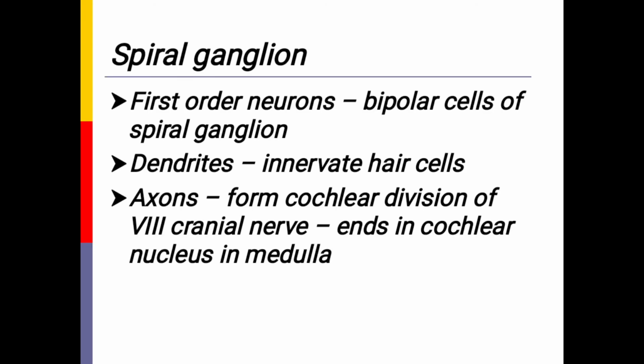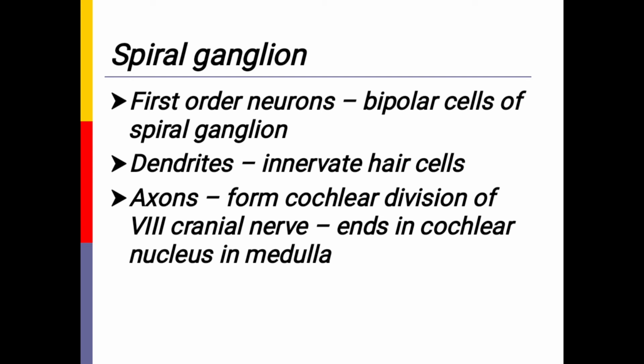Each nerve fiber forms a synapse with only one hair cell, but a single hair cell can receive synaptic connections from 8 to 30 nerve fibers. The inner hair cells constitute only 15 to 20% of the hair cells, but they receive 90 to 95% of the afferent nerve endings, and that's why they can be rightly called the actual receptors for hearing. On the other hand, the outer hair cells receive only 5 to 10% of the afferent neurons.